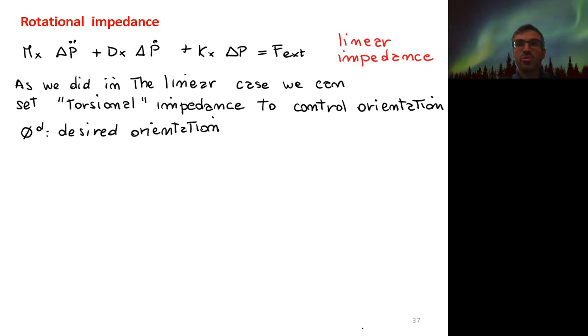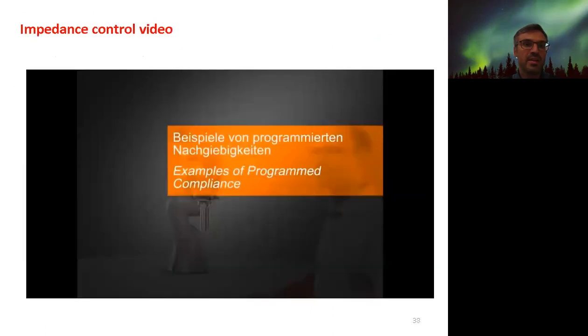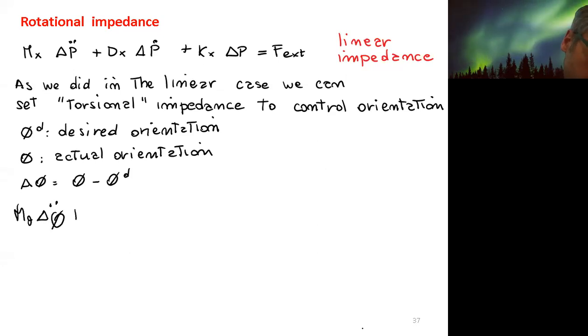And again, usually people do this using Euler angles, defining the desired orientation and the actual orientation, finding the error, and implementing the desired angular impedance this way. So here we get acceleration and velocity, and